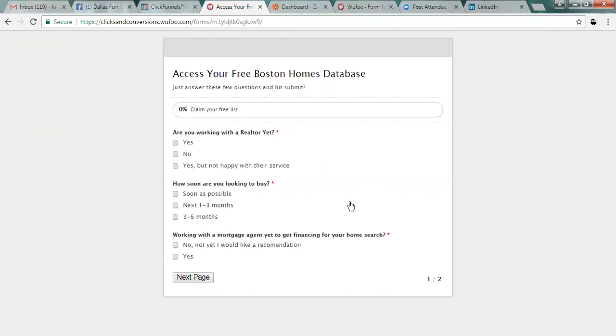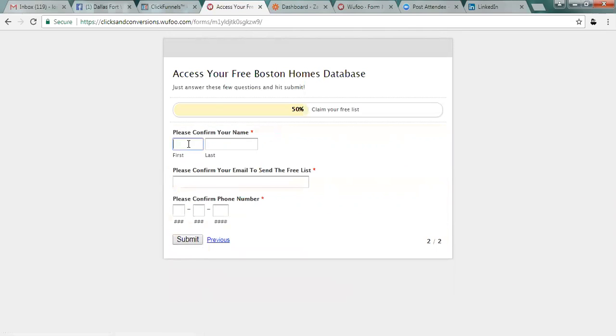So for this form, I just obviously said, are you working with a realtor yet? Yes or no. Yes, but not happy with their service. How soon are you looking to buy? As soon as possible. So let's just go ahead and go through this. Working with a mortgage agent yet? So if they say no, obviously, that's a great lead that you can refer out to your mortgage agent. So they hit next. They confirm their information. So when they do all this,